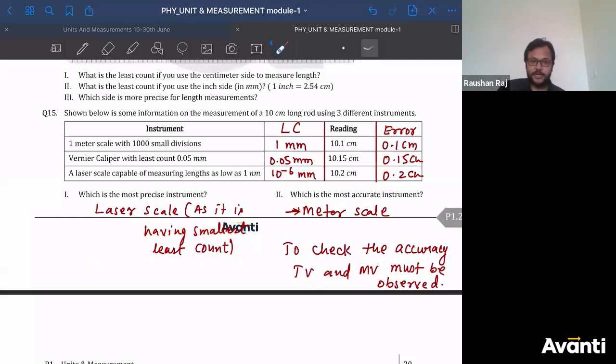And tomorrow when you are coming to attend the class, please come with the revision and with your doubts from the module. So tomorrow will be the last class for the first chapter, units and measurement. Okay? So from next Monday, we are going to start motion, or kinematics, motion in 1D. So we will start the mechanics part. In mechanics, we'll study kinematics, and in kinematics, we'll first study motion in 1D. All right? बहुत बढ़िया. And this Sunday, you are going to write the test for this chapter. So please prepare well. And if you have any doubt, please let me know.